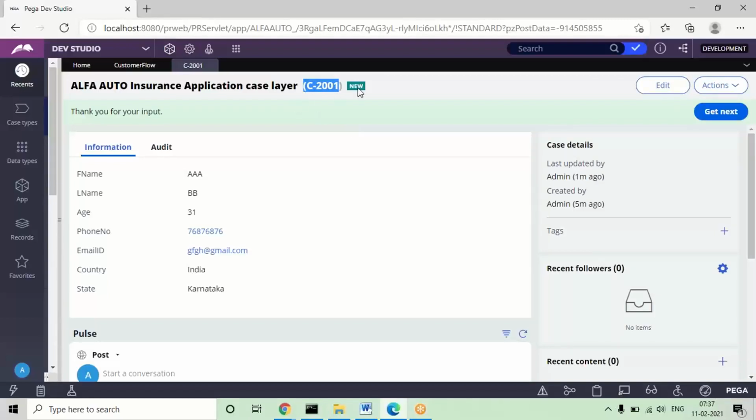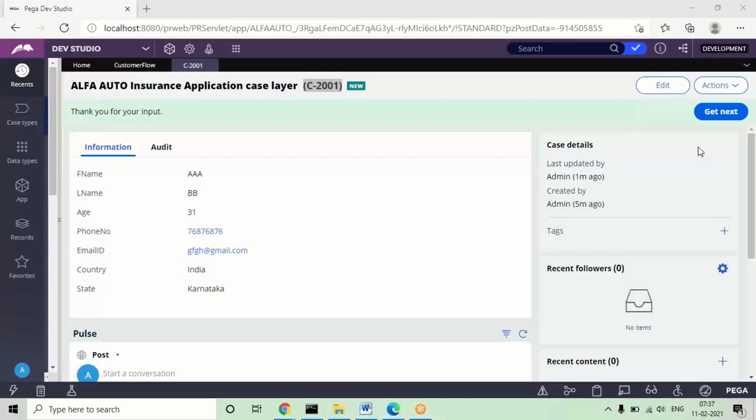In my system, it will be different at the server level; it is C-2001 for this transaction. This is the ID with which we can track the transaction. Using this ID, we can track the transaction details, the details we submitted. As I told you, for this flow we can use different names: case, transaction, process flow, any name I can use.